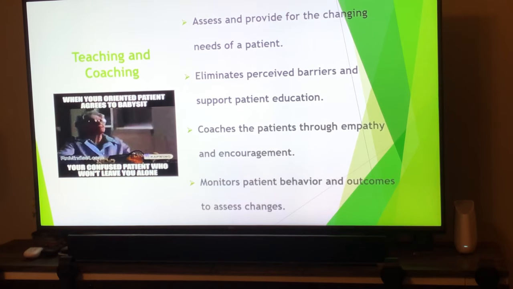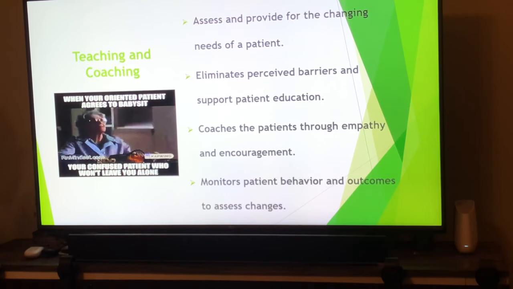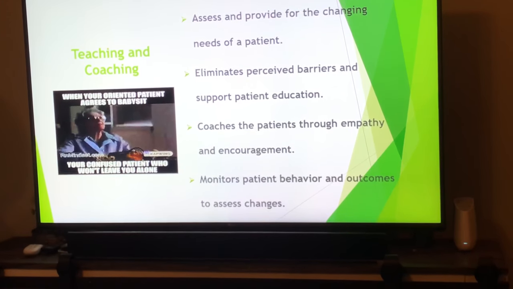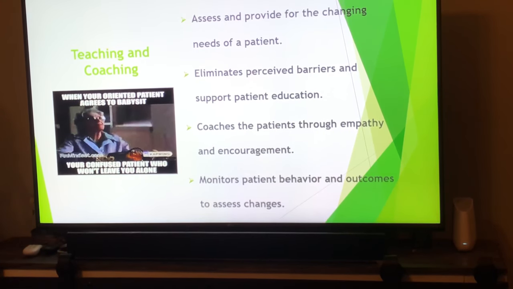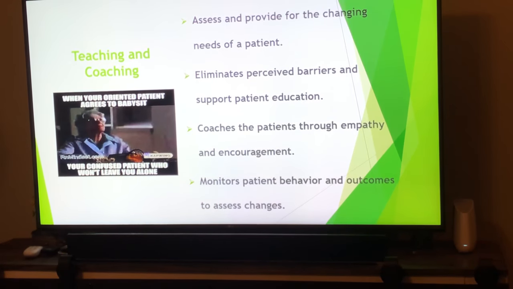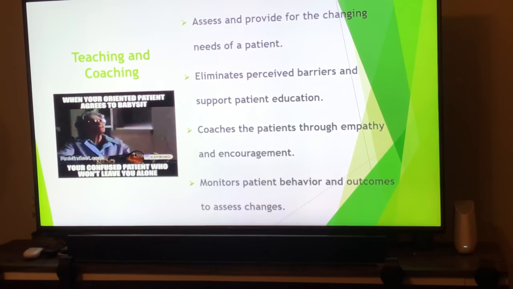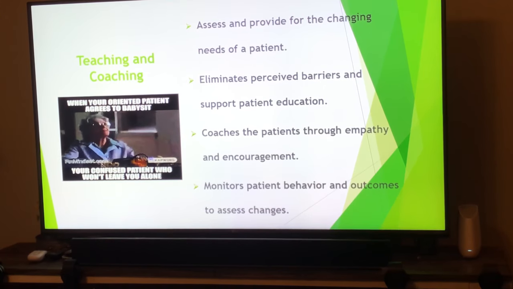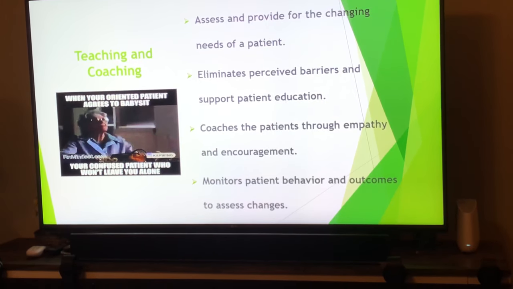Another role is teaching and coaching. As a nurse practitioner, we access and provide for the changing needs of a patient, whether that's research or anything that can benefit or help patients in general. We eliminate perceived barriers and support patient education, coaches the patient through empathy and encouragement, monitors patient behavior and outcomes